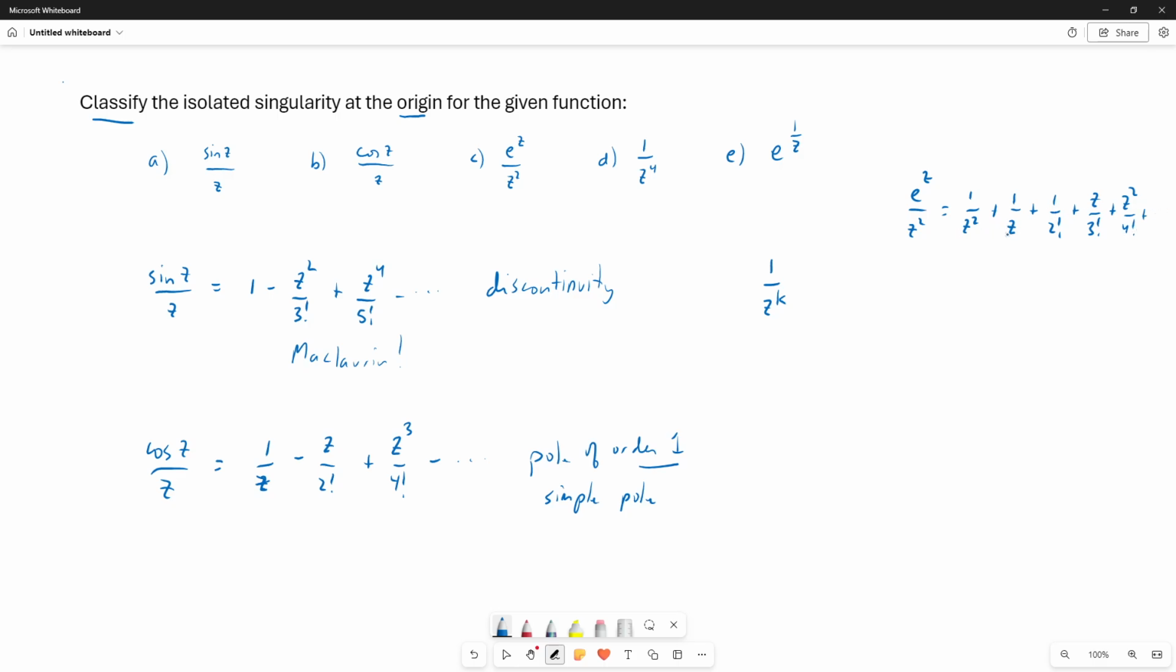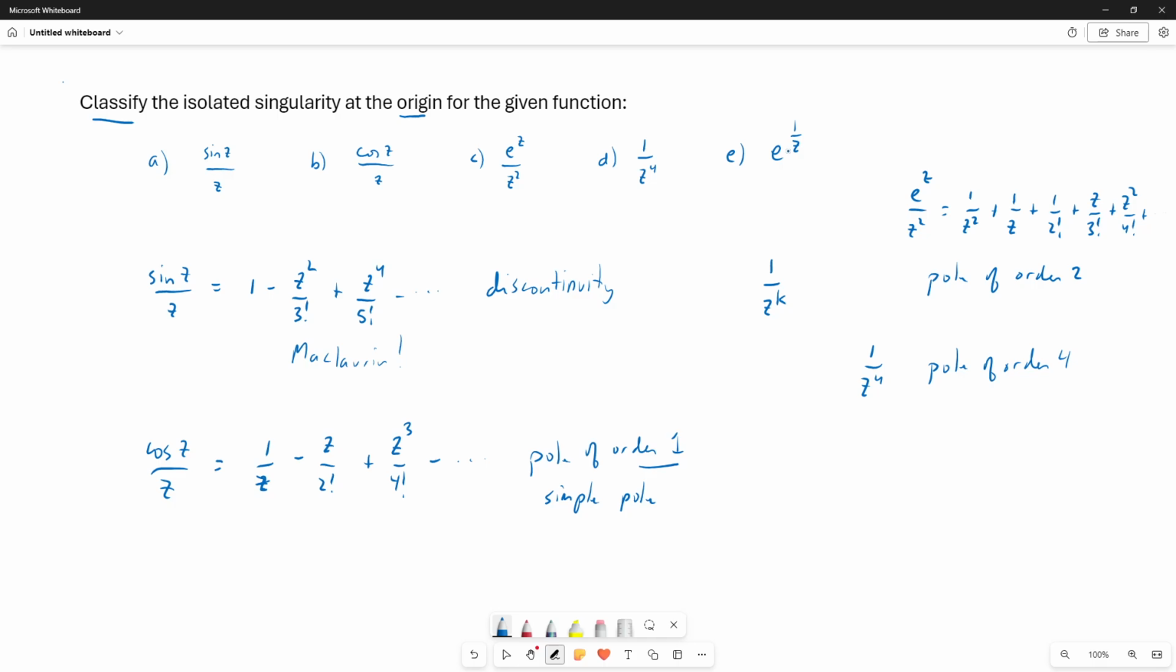And so we have two terms of the form 1 over z to the k. We have 1 over z and 1 over z squared. So the singularity is a pole, and the order of the pole is the largest power of z that we have in the denominator. So we have a 1 and a 2. The largest is a 2. So we have a pole of order 2 at the origin for the function e to the z over z squared. 1 over z to the fourth is its own Laurent series, and so the largest power of z that we have in the denominator is 4, so this one has a pole of order 4